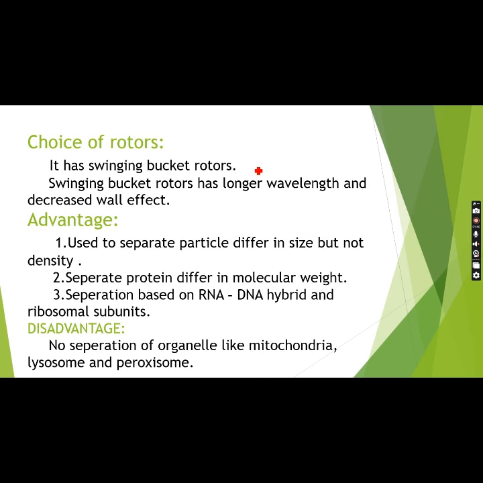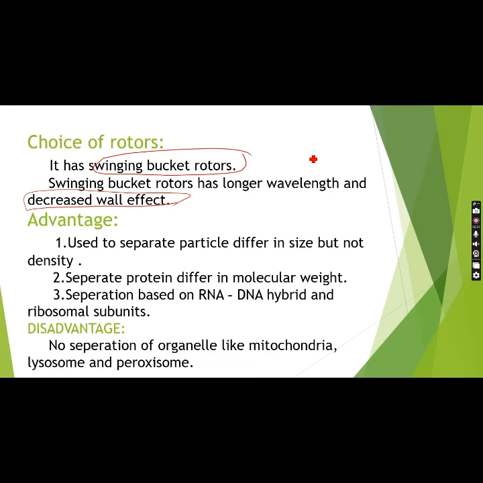So the major rotors that can be used are swinging bucket rotors, because they have a decreased RPM and decreased wall effect. Decreased wall effect is very much needed, because here only small differences in density form the discrete zones, which can be disturbed if a wall effect is possible, and may affect